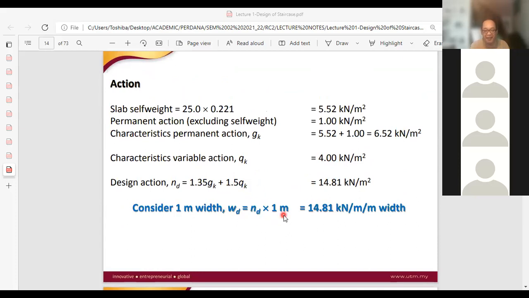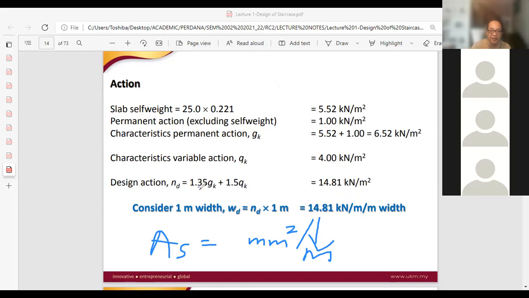So it doesn't matter. Even if the actual width of the staircase is 2.5 or 3, it doesn't matter, because from the loading in kilonewton per meter width, we will then evaluate the As later. And the As, the reinforcement, will be in the form of millimeter square per meter. This is a little different from a beam. For a beam it is millimeter square only. For a slab it is millimeter square per meter. Staircase is the same. We're dealing with millimeter square per meter, which means that the reinforcement will be in